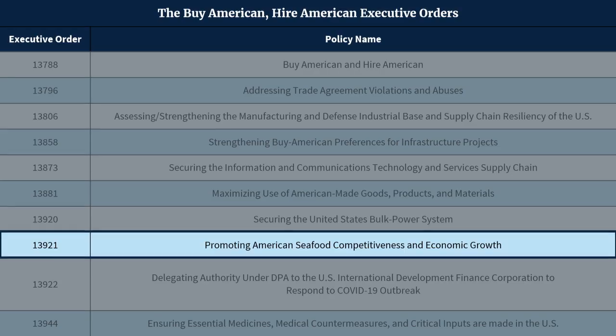And Executive Order 13921, signed May 7, 2020, will be a boon to America's long-ignored commercial fishermen by opening up new markets, removing unnecessary regulations, cracking down on the unfair trade practices of countries like China, and streamlining the aquaculture permitting process. Perhaps the best way to